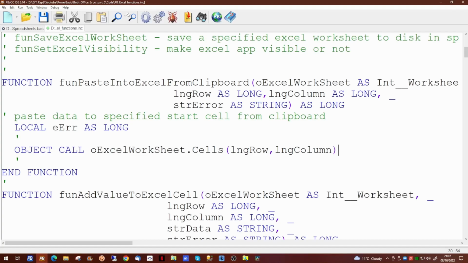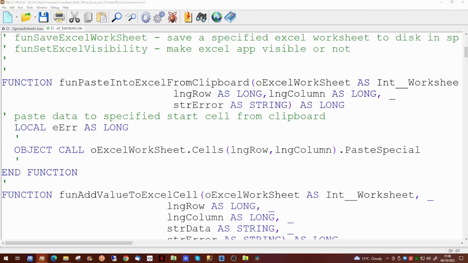And then we quite simply have to add paste special to the end of this command. And that single line of code will paste whatever is on our clipboard into the spreadsheet, starting at that particular cell. And as we've added carriage return line feeds to the end of each part of the string, it will put these into adjacent cells.